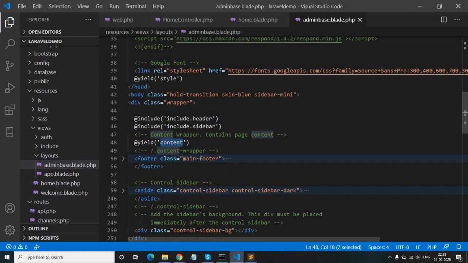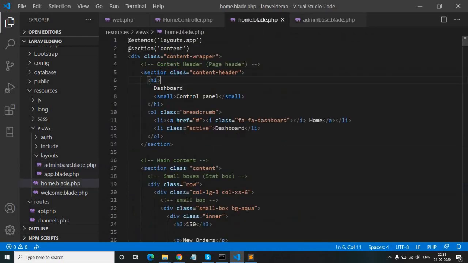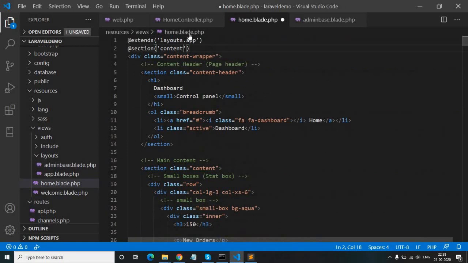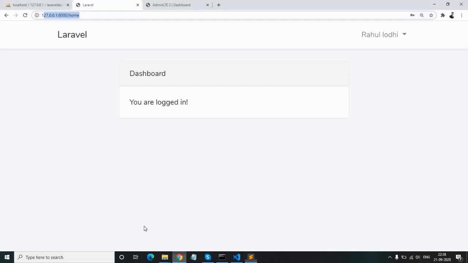So we have to create a section by the name of content here, and here we have to use our base file name. What is your base file name? Admin base, only admin base. Now we will refresh our page.